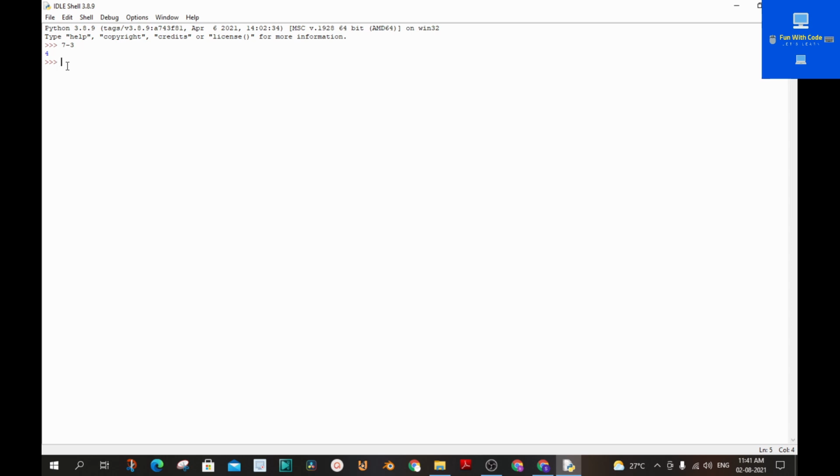Let me introduce you all to the first basic function of Python, which is the print function. Make sure that you type everything correctly because Python is very case sensitive. What the print function does is it will just print the text which you give in the print function.